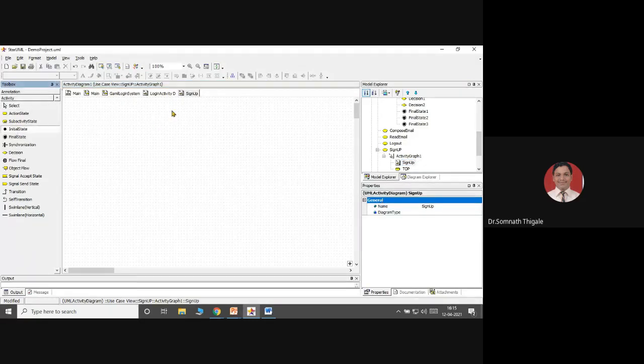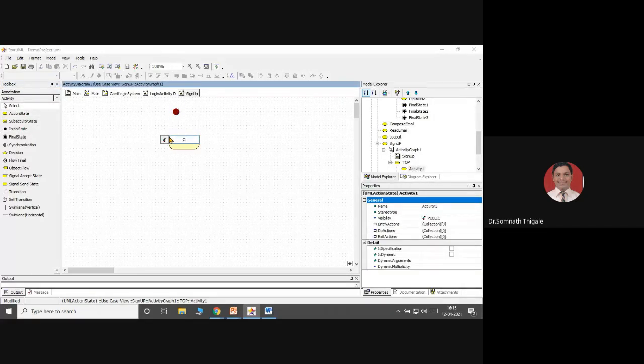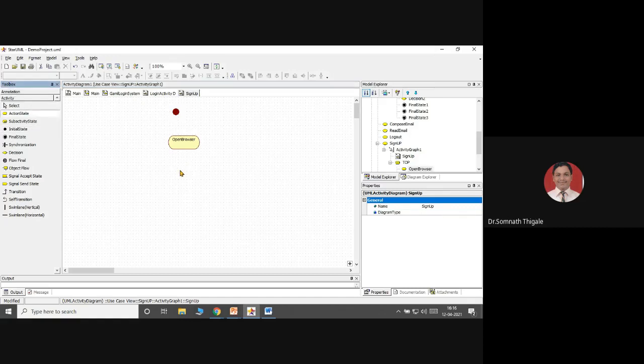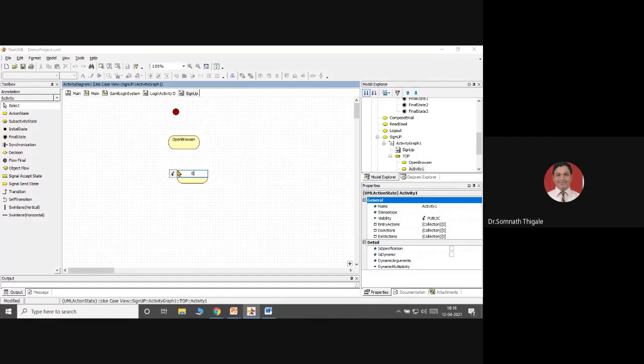As usual, start, then initial state, open browser, open the browser. Okay. Then next activity, enter user details. In that case, you have to enter your name, date of birth, mobile number, etc.